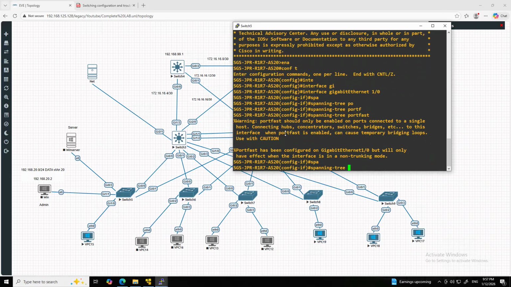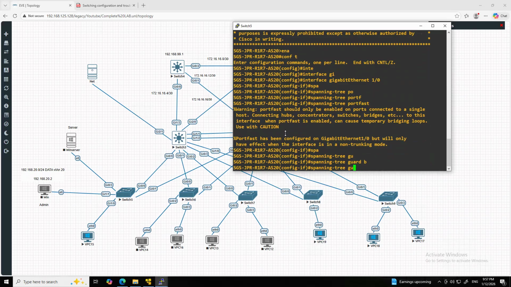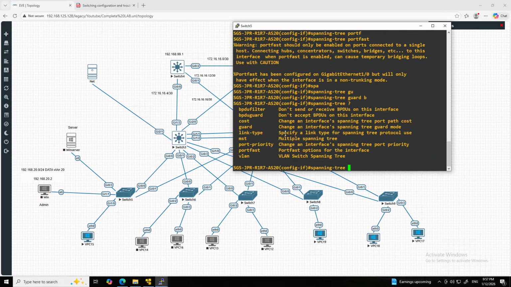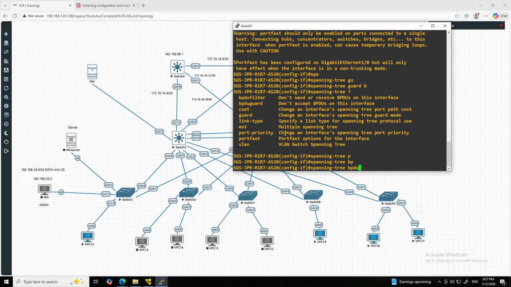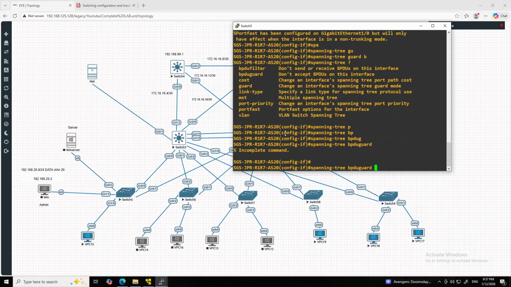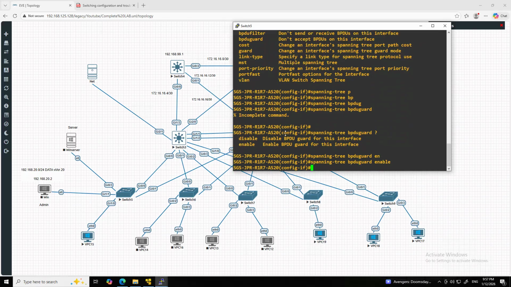Then spanning-tree bpduguard enable, which means if I receive any BPDU packet from this port, I simply block that.